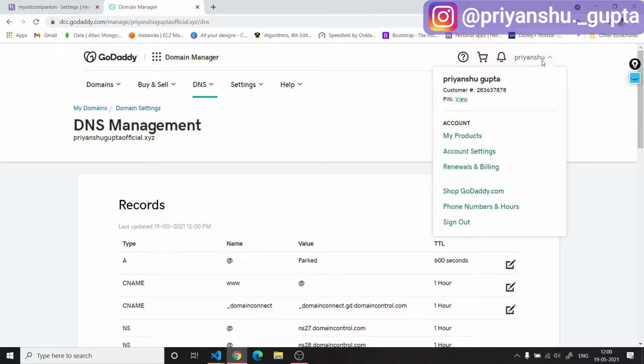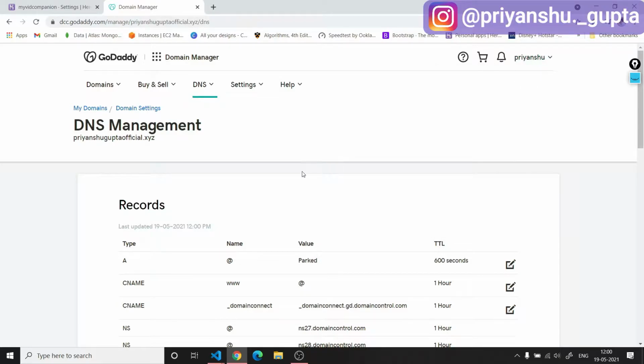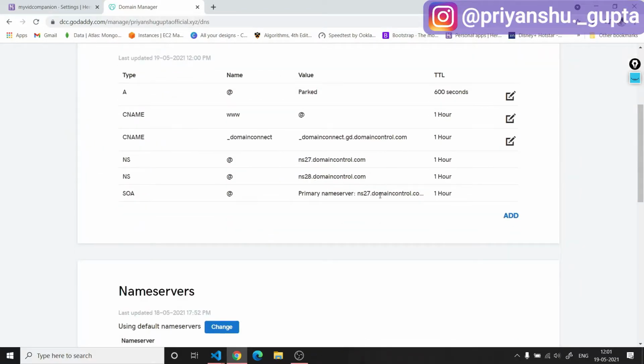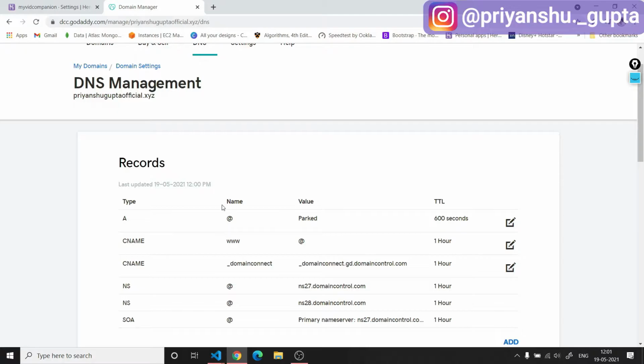Inside this, you have to go to My Products, and then inside My Products, you will see one section by scrolling down, and that is All Services and Products. Inside that, you will see the domain that you have purchased recently, the domain that you want to link with your Django project on Heroku. There you will click on the DNS tab, and then you will access this DNS management console. And here we have to configure these records to link our Heroku with the DNS server of GoDaddy. In this way, we can add a custom domain to our Django project on Heroku.